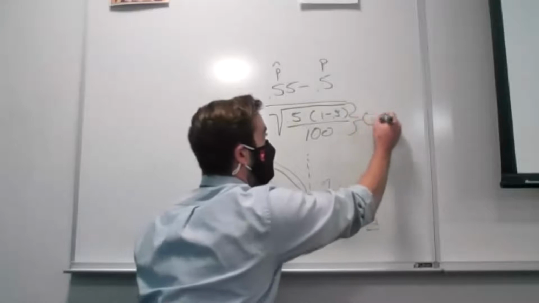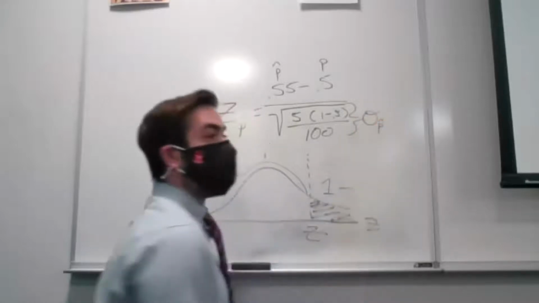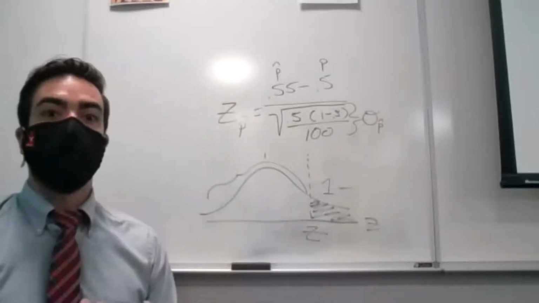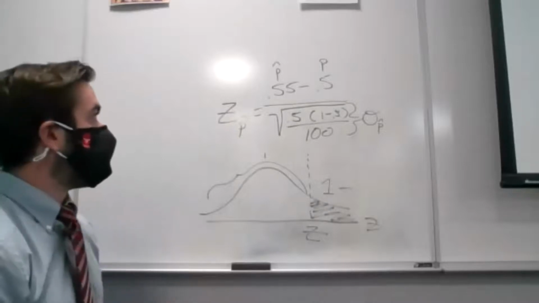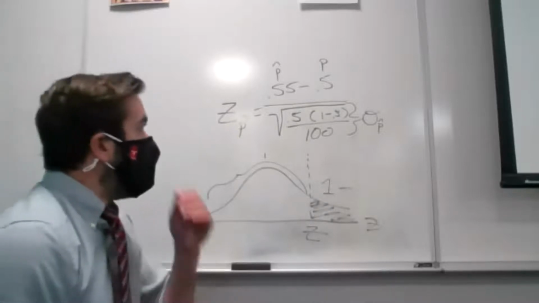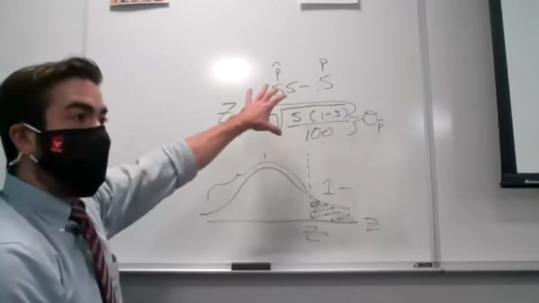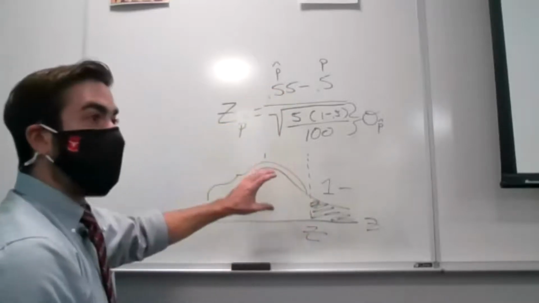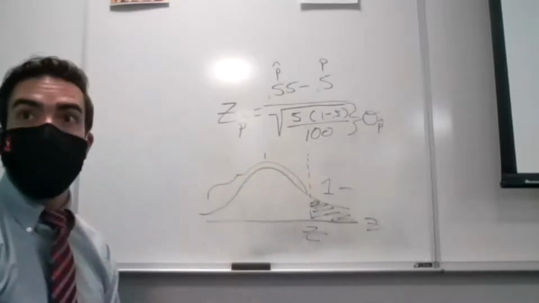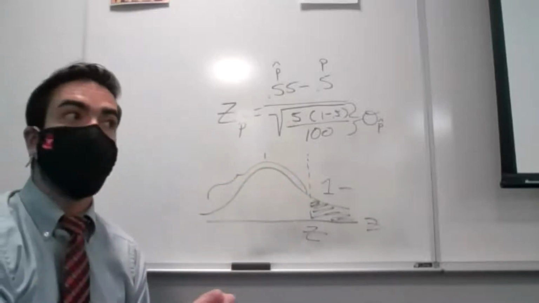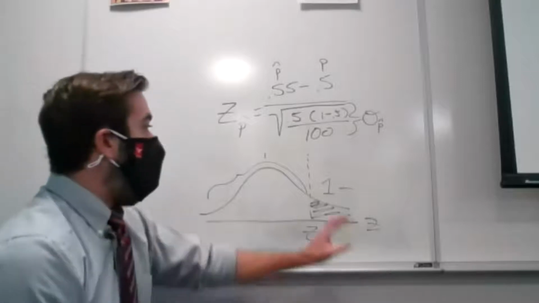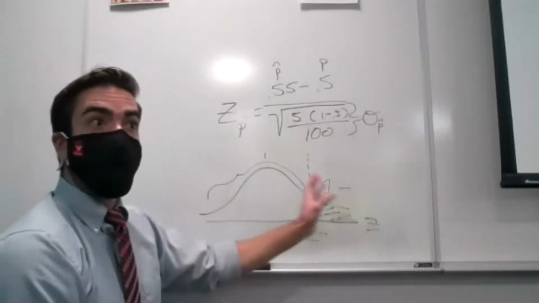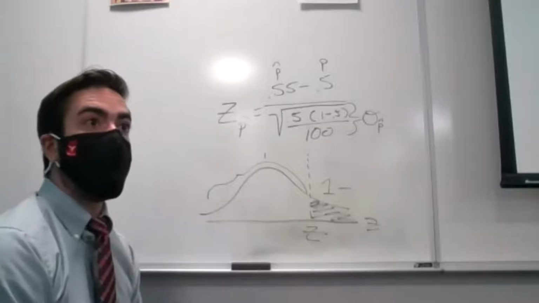Remember, this denominator, the entire thing, just represents the standard deviation of my sample proportions. Once I get this plugged into my calculator, it's going to return some z-score. I can look that up in the table. The table will tell me the area to the left of that z-score, or the probability I saw that z-score or something below it. I wanted the probability that I saw that or something larger, so I'm going to subtract it from 1, and now I'm done.